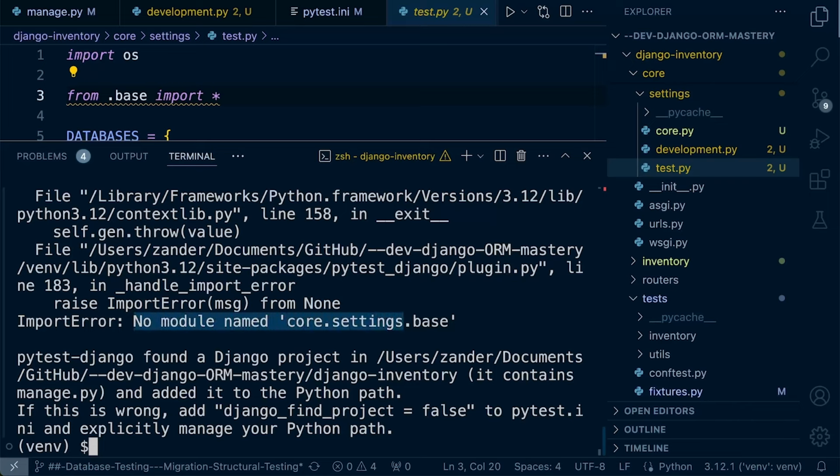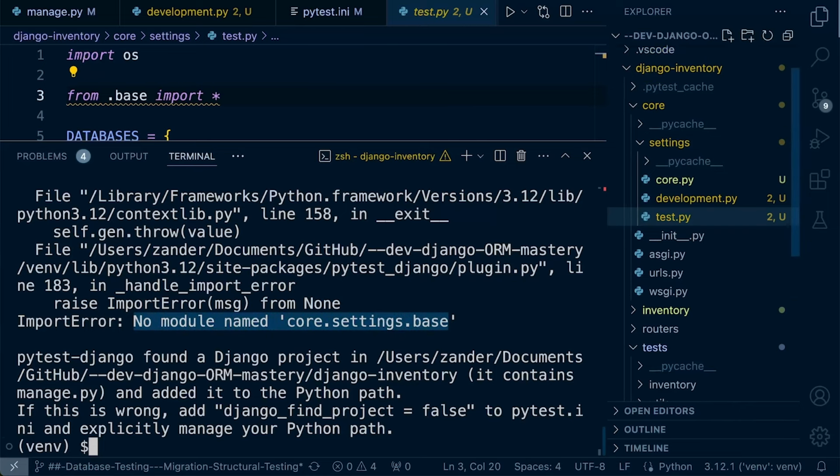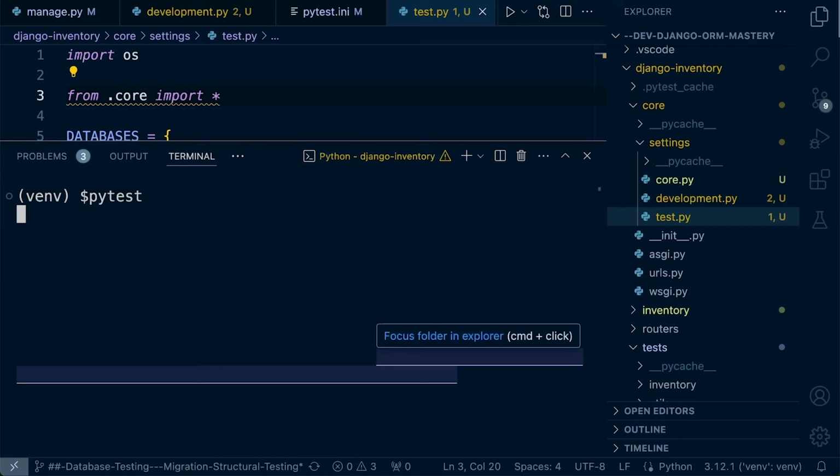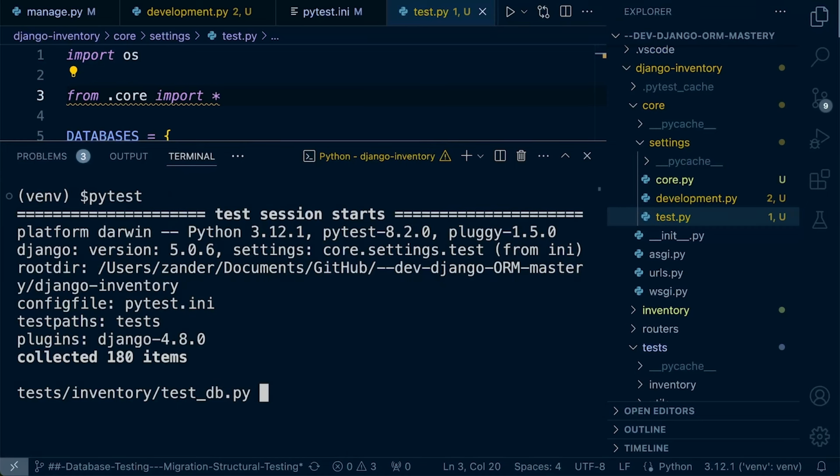So, no module named core settings base, because we had the same problem as before. I've accidentally called this base and not core. I should have just called it base, shouldn't I? Okay, so I've changed the import in test.py. Apologies for this. So let's run Pytest now, and you can see it looks like it has successfully identified the